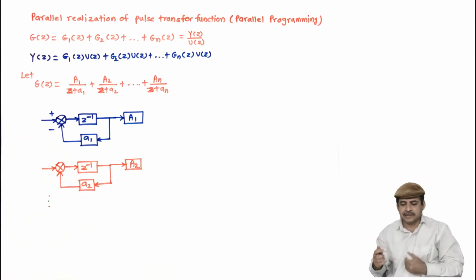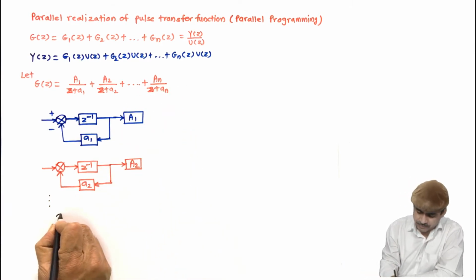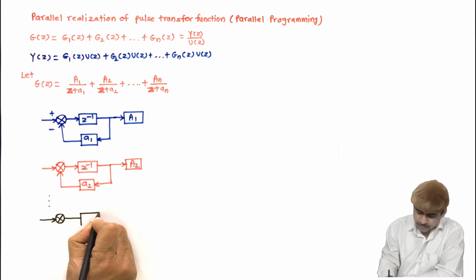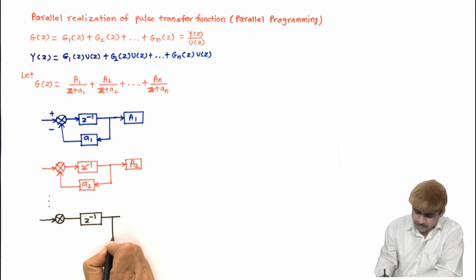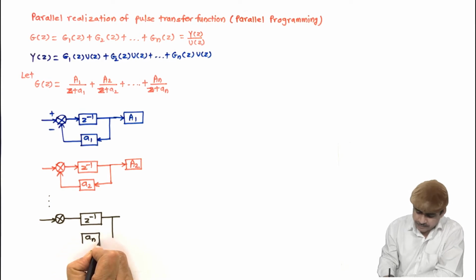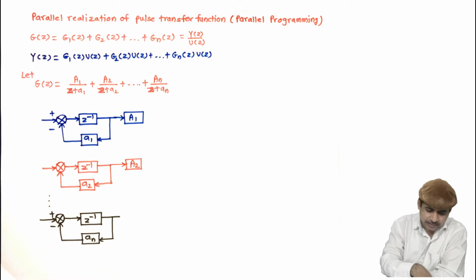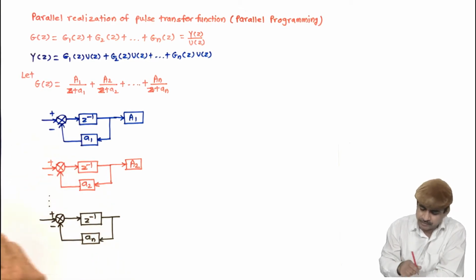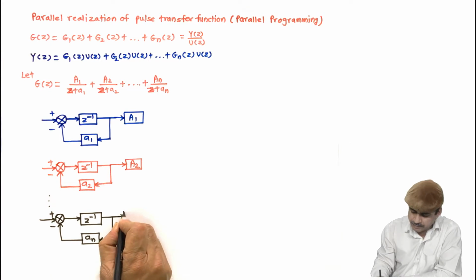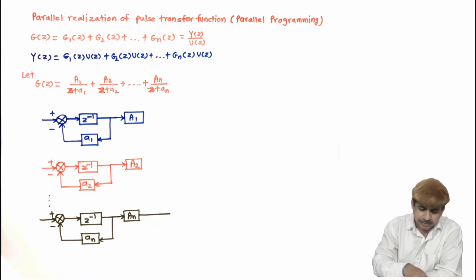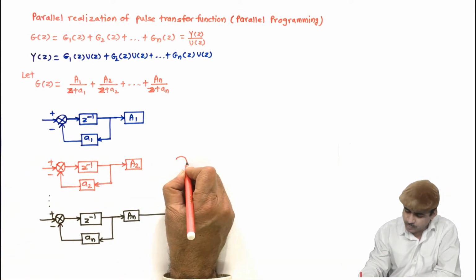There will be a parallel realization, and finally for this, this will be An, plus minus, and then here I will have the block of an, and then all will be added together,